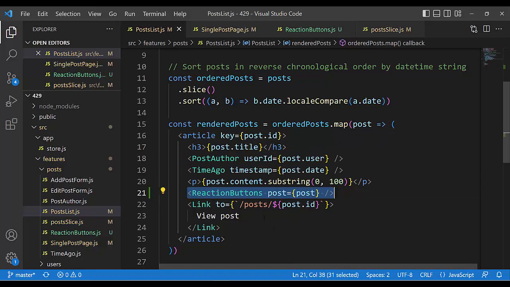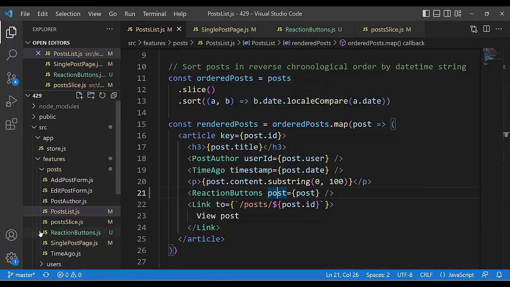The ReactionButtons child component received properties named post, state from parents coming here as properties, short props, because ReactionButtons is an object. There is a property post, and it is coming from the parent